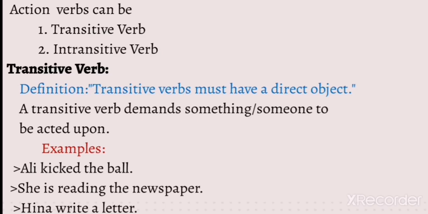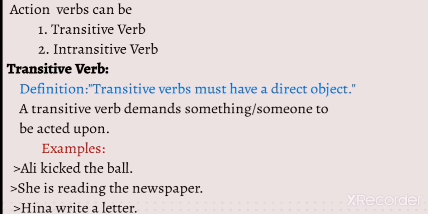Otherwise, if we do not put an object after a transitive verb, the sense of the sentence will not be complete. अगर हम ट्रांजिटिव वर्ब के बाद ऑब्जेक्ट नहीं लगाएंगे, the one who receives the action of the subject, so उस सेंटेंस की मीनिंग it will not be complete, वो मुकम्मल नहीं होगी. एग्जाम्पल की तरफ बढ़ते हैं।